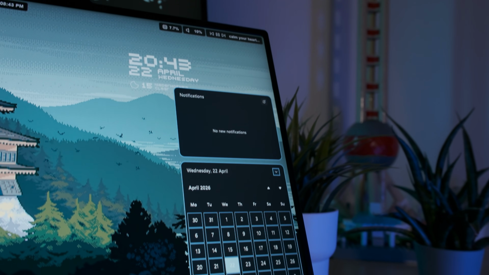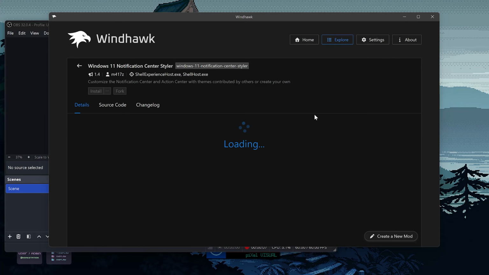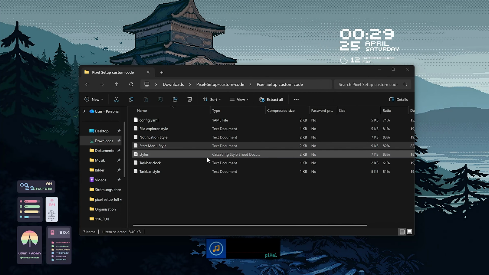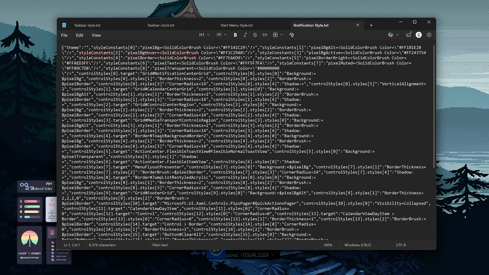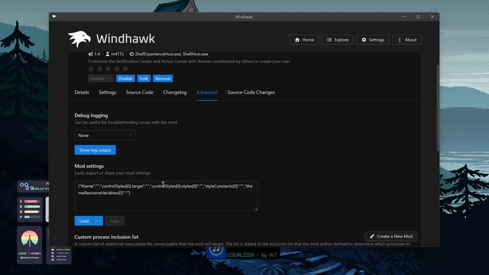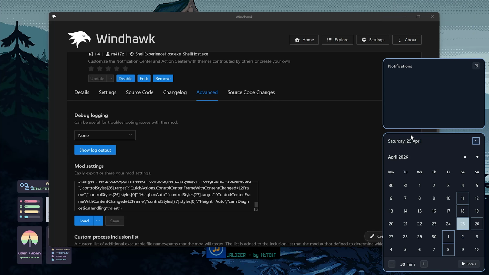menu. Moving over to the notifications now, you can install the next skin, the notification styler. Just follow the process from before to install it. Again, we will also need a custom code, so go back to the codes folder and look for the notification styler file. Open that up, copy all the code and of course move back to the advanced section of the mod in Windhawk. After you have pasted the new code here and saved it, you will now have this fitting